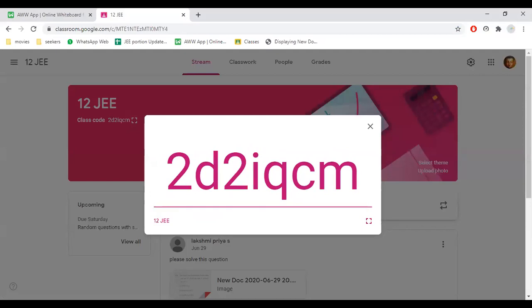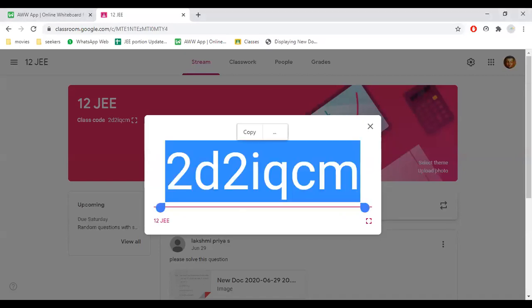Just copy this code. I want you to join this, because whatever questions you have in maths, you can simply post those questions in the JEE class group, and I will solve those questions in this group only, so that you and other students will also be able to see. Moreover, I will be posting some questions in this Google Classroom group. A student recommended this yesterday, so I thought, why not, let's give it a try. Let's see how it works out. So I'm copying it, and I'm pasting it here also.